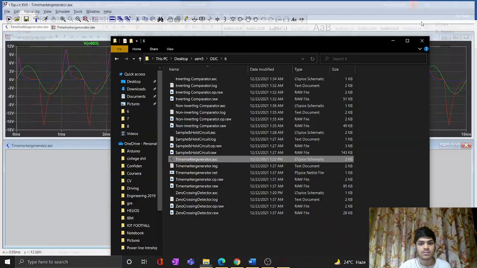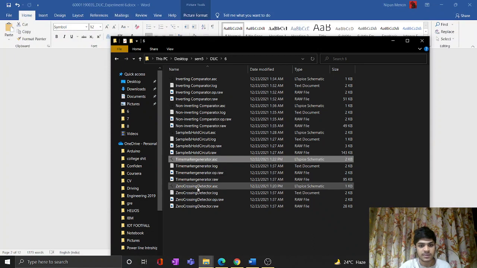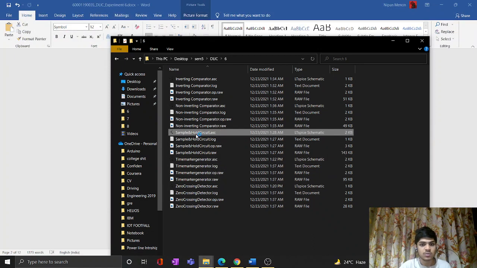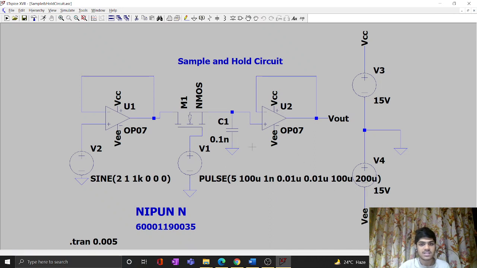Okay, so next we'll be seeing the sample and hold circuit. I've already made the sample and hold circuit. The sample and hold circuit is a circuit that creates the samples of voltage given to it as an input, and after that it holds those samples for a definite time. So the time during which the sample and hold circuit generates the sample of the input signal is called the sampling time. Similarly, the time duration of the circuit during which it holds the sampled value is called the holding time.